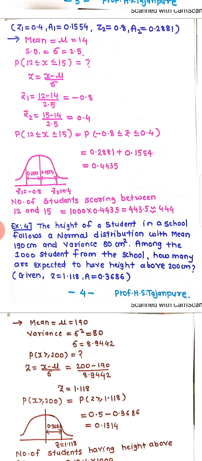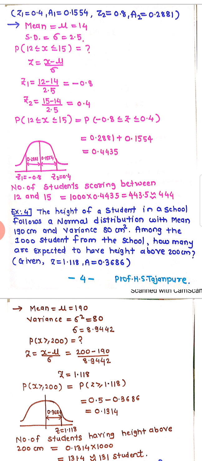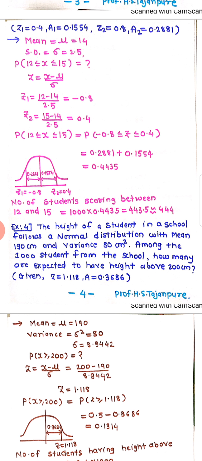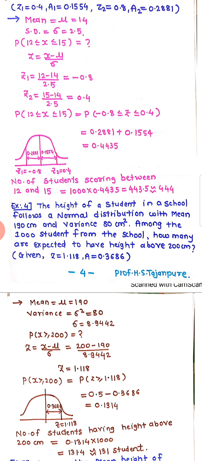So see, the area corresponding to 0.4 is given, that is the area from 0 to 0.4, that is 0.1554. You can see that in the diagram. And corresponding to 0.8, the area is given, but as the curve is symmetric, the area will be the same for minus 0.8 to 0. So that area, you can see in the diagram, is 0.2881. Okay, and hence as we require to find the complete area from minus 0.8 to 0.4, we'll add